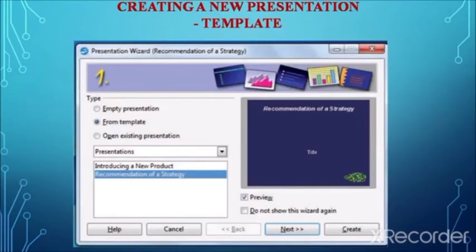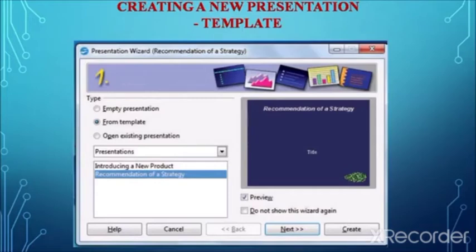And the second option for creating the new presentation is using the template. If the user wants to choose a predefined template, the user can select the option called from template. It uses a template design which is already created for the new presentation. So the presentation wizard changes to a list of available templates.